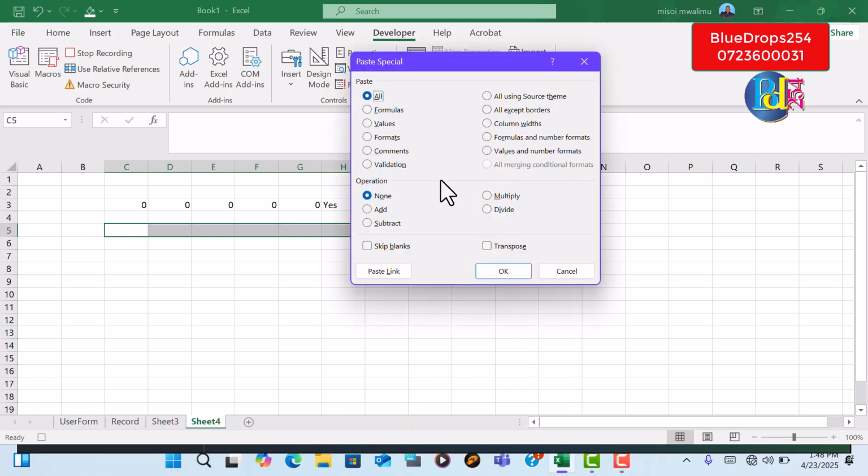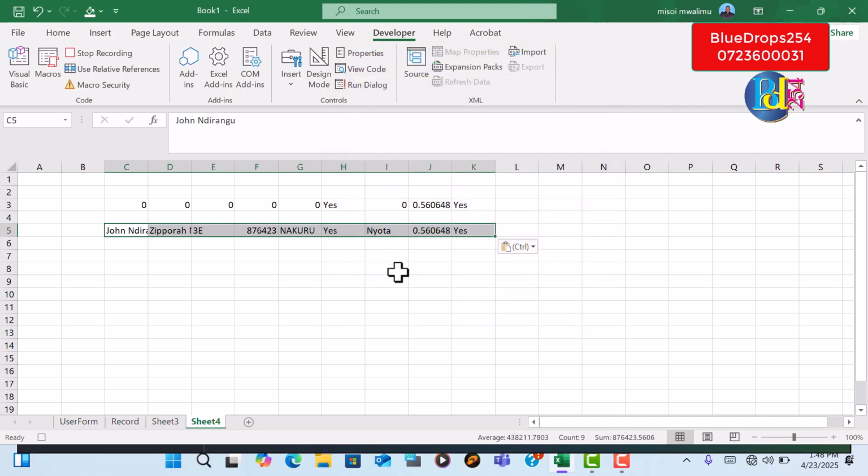Paste special, and then maybe values, and then transpose. That is to allow Excel to paste it across, not in a column but in a row. So click OK. Again, Control C on the keyboard to copy the same data, and then go back to our